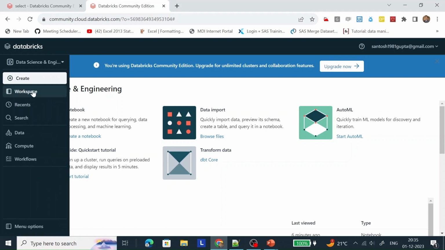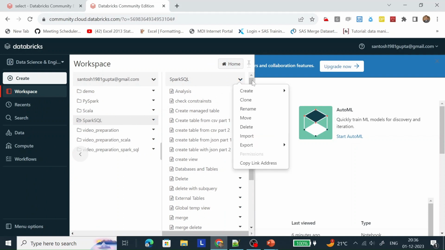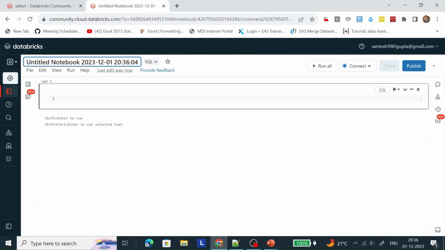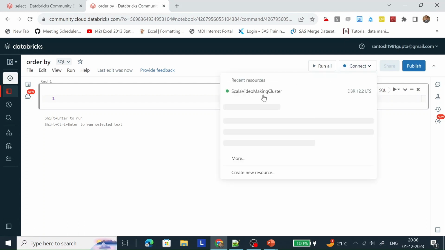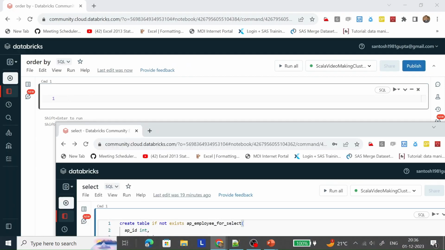Let me create a notebook. Let me name it order by. Connect this with our running cluster. Let me create a table. In the previous exercise, we have created a table.